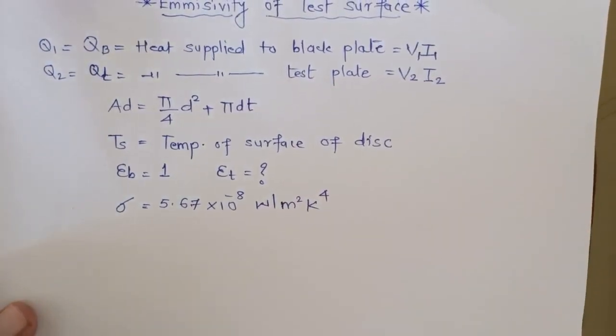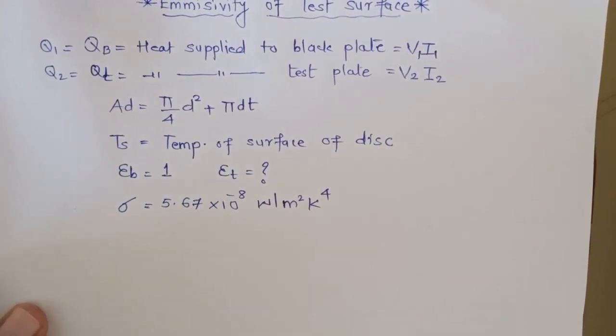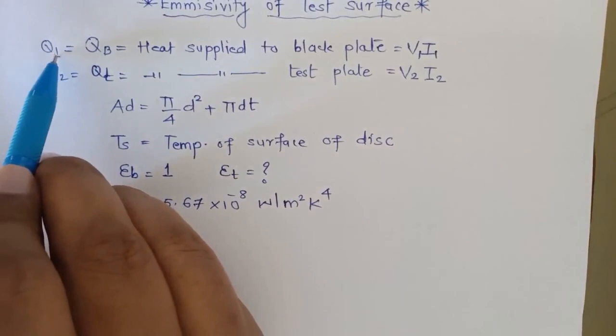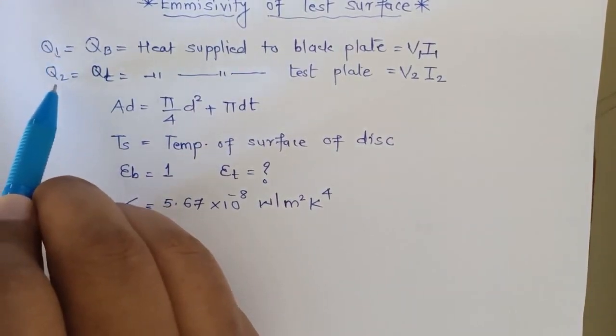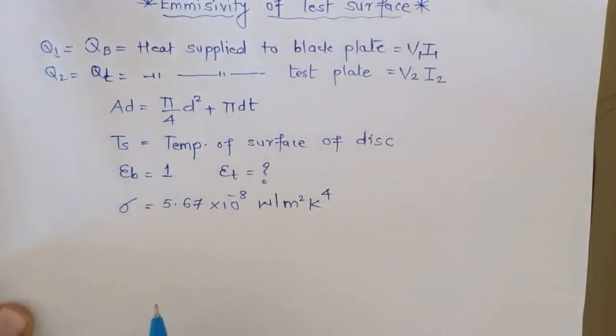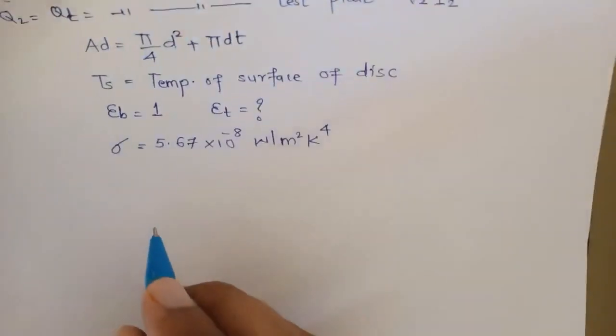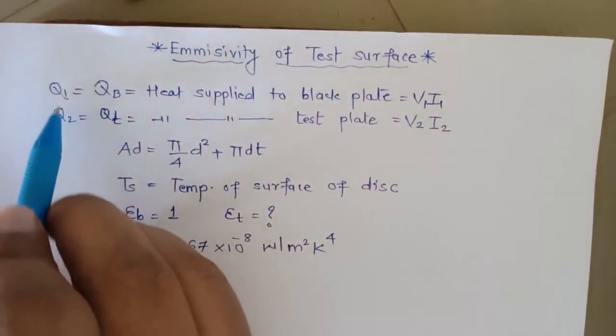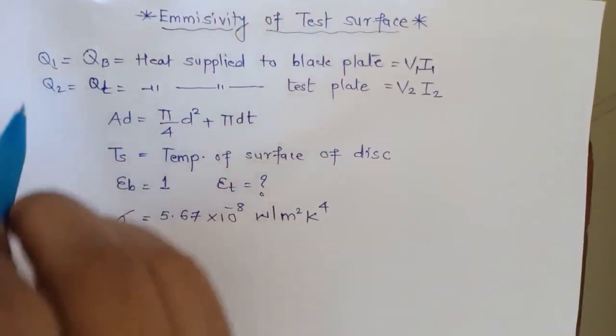All right. So now what exactly is happening? Firstly, that physics should be clarified. Here you will observe that Q1 will be large, and Q2 will be less as compared to Q1. Because of that, there will be a net radiation heat exchange inside the enclosure, and that net radiation heat exchange will be the difference between these two heat supplies.